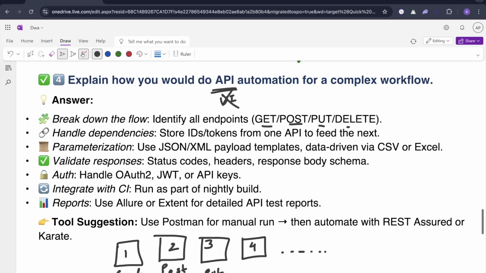You will classify the APIs. Then you will handle dependencies such as IDs or a token from one API to feed the next API. Probably these APIs might be interlinked. Okay,